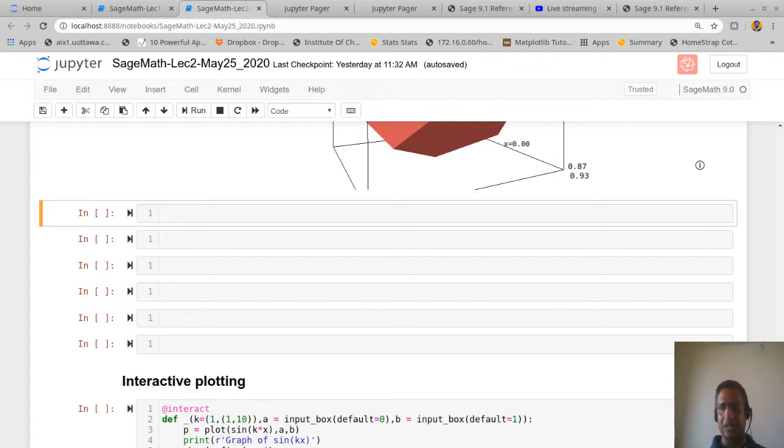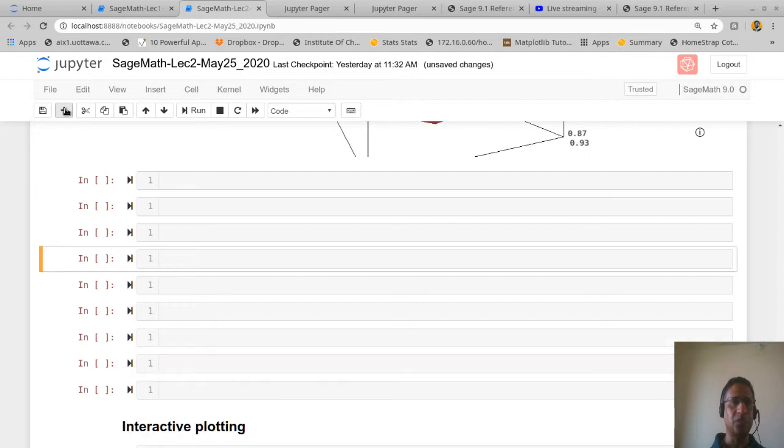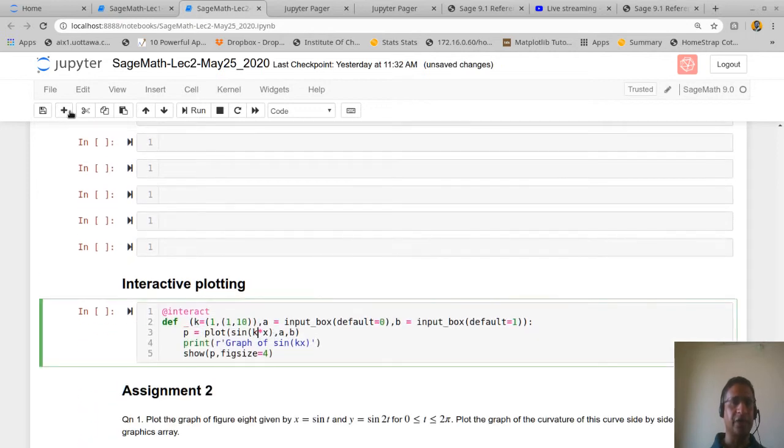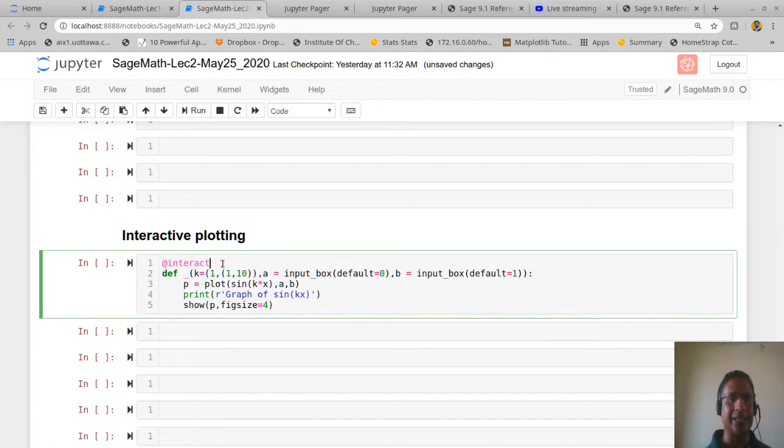I mean, this is a simple curve. So how does one do that? There is an option called @interact, which means interactive plot. So you say interact, and then here this def,